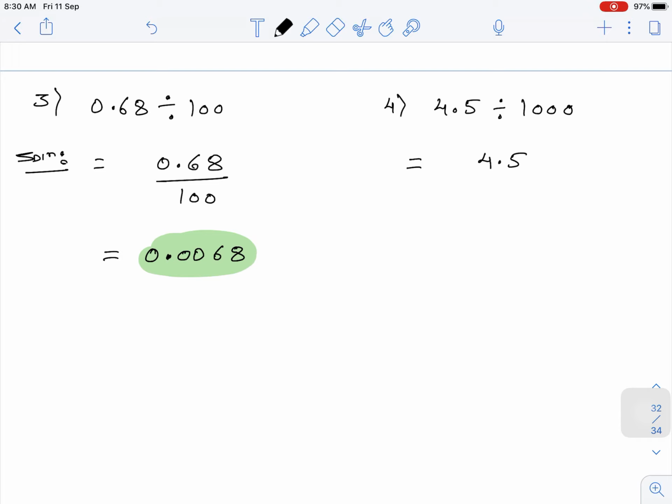We have 4.5 divided by 1000. Same rule, first we'll write the digits. Here it is divided, so the decimal should move to the left. How many digits? Here three zeros are there, so it should move three digits to the left. Now we have only one digit, so the second digit will be 0, the third digit will be 0. Now check it, 1, 2, 3, so our decimal should come over here. Before this number no digit is there, so we can write here one more 0. So our final answer is